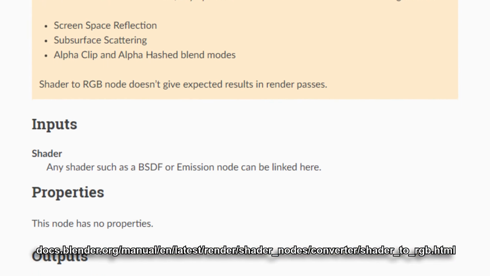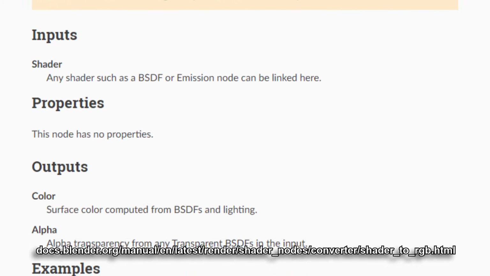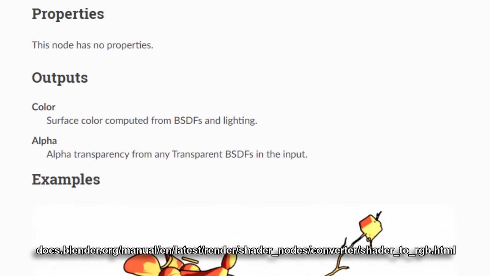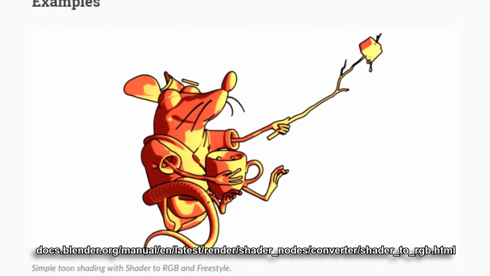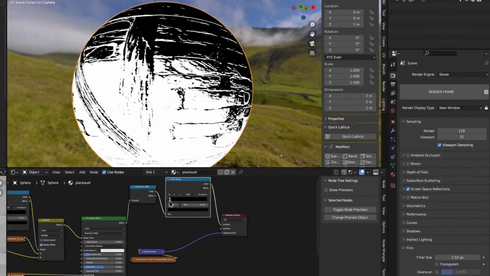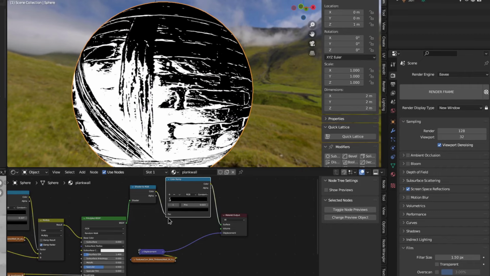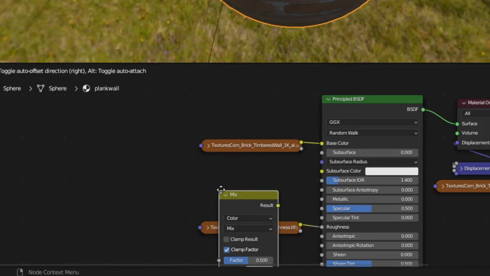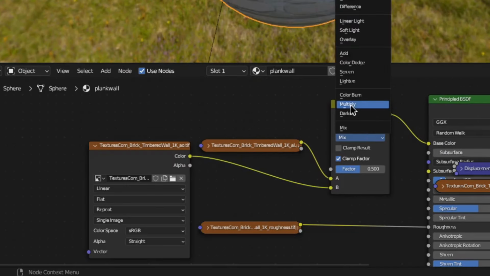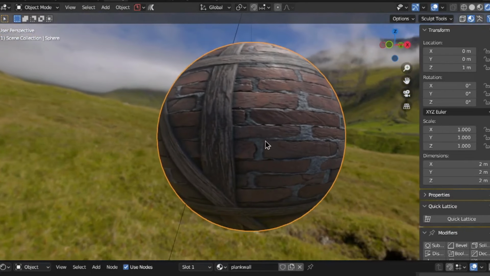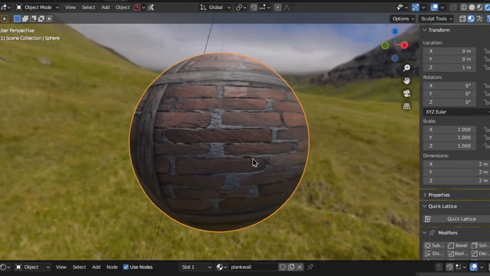In basic terms, Shader to RGB converts shader and lighting information into usable data. That's why it's so useful for NPR, or non-photorealistic rendering, as it allows you to completely customize the way a shader looks. In our case, however, we're going to use it to control the appearance of a pre-baked ambient occlusion map in Eevee. First, add a mix color node to the albedo, plug the AO map into the second slot, and set the blend mode to multiply. Wait a minute, didn't we already do this? Yes, but now we add the control.